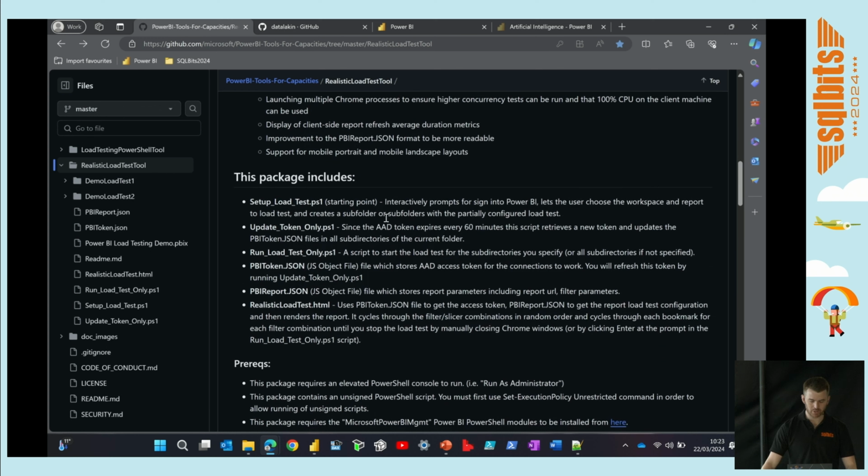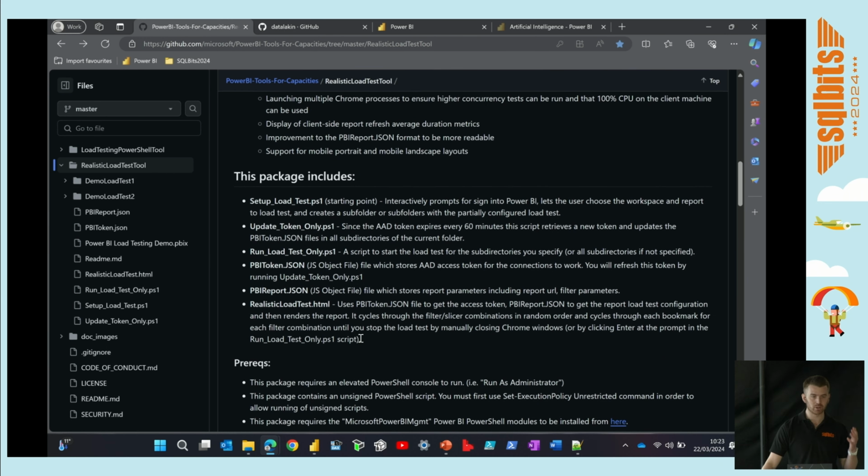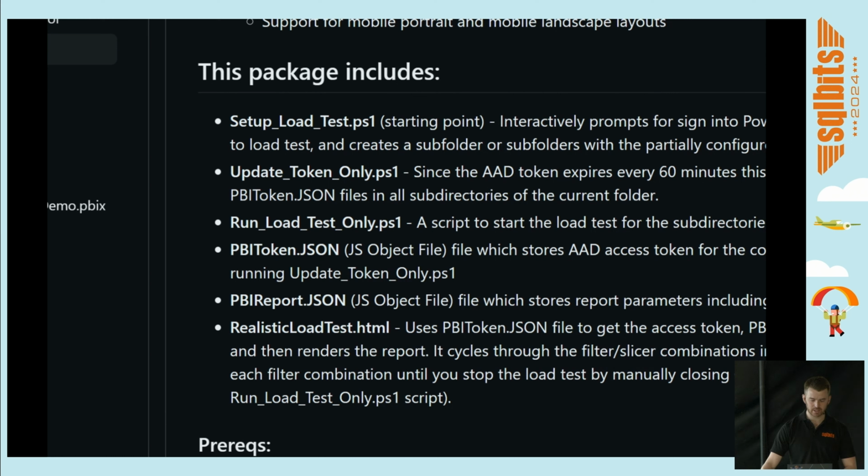Essentially, in here, what you'll get is a nice README file which gives you all of the information about how the tool works. But the most important bit to read is these different PowerShell scripts and files that you get when you download the scripts. So first one being a setup load test script. This is where it's going to prompt you with questions about how you want to set up your load